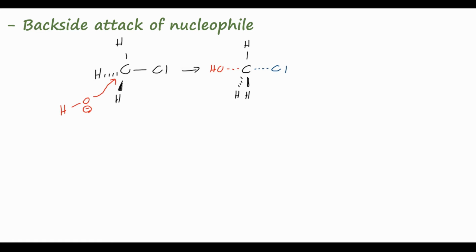So in this transition state, the carbon is forming a partial bond with the hydroxide, and the chlorine is partially leaving that carbon center. And maybe we could draw some partial charges here, so we know that the chlorine and the oxygen are both more electronegative than carbon, so we can draw in our delta minus for those, and then a delta plus for carbon. And when that chlorine finally gets around to leaving, then what we'll have is the hydroxide on the other side of the carbon. So that's what we call backside attack,